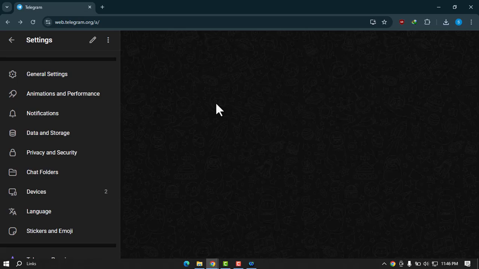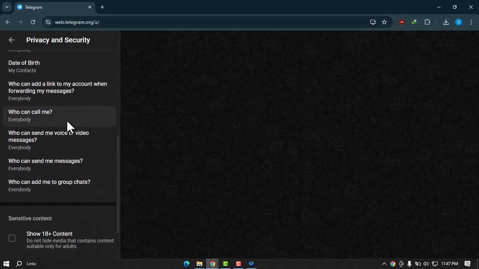Telegram doesn't allow you to enable sensitive content on your phone app or Android app, but Telegram does allow this on web. So you must log in to the website of your Telegram account and then head over to settings, and if you scroll down you'll see an option, privacy and security, and then scroll down until you see